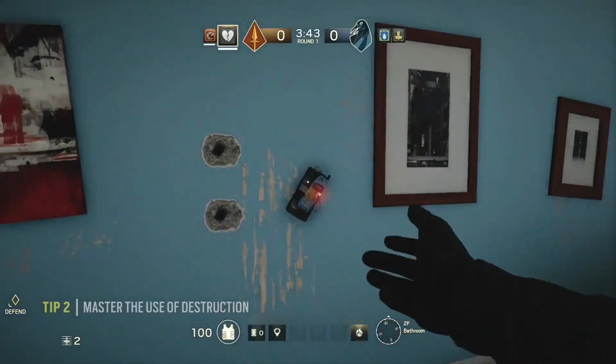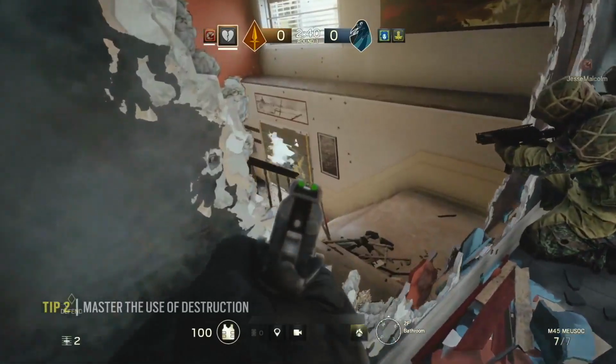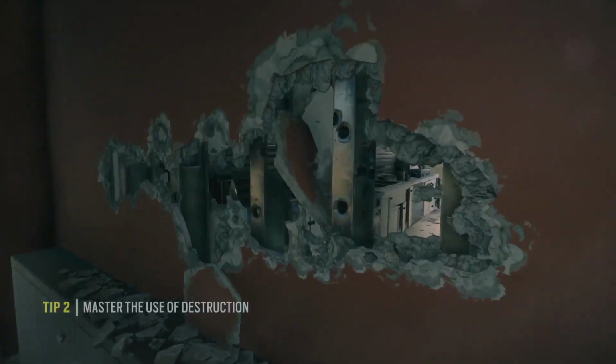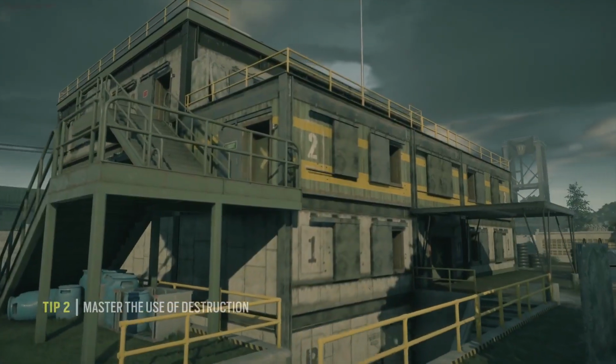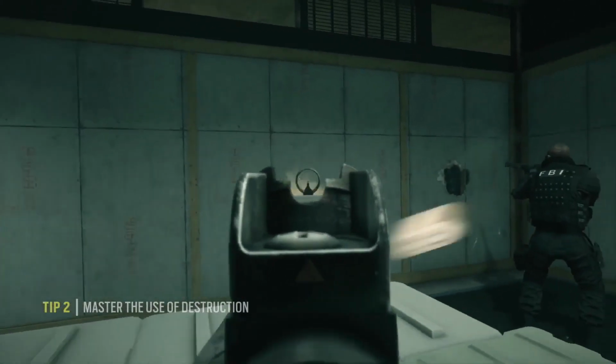In House, taking down a wall in the bathroom gives you visibility control on the main lobby area in the second floor hallway. Also, the kitchen's backdrop can be destroyed, giving visibility on either the back stairs or the kitchen while staying hidden. In Hereford, you have full visibility on the armory, the projector room, and the stairs by punching holes